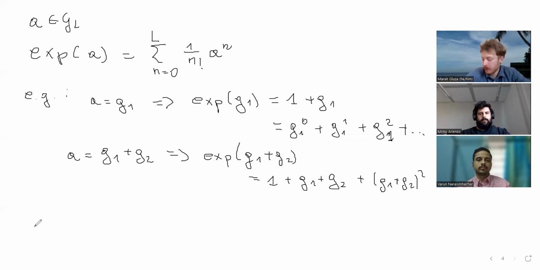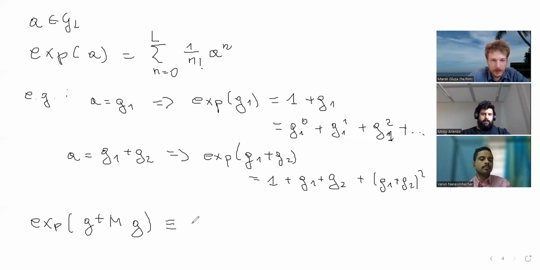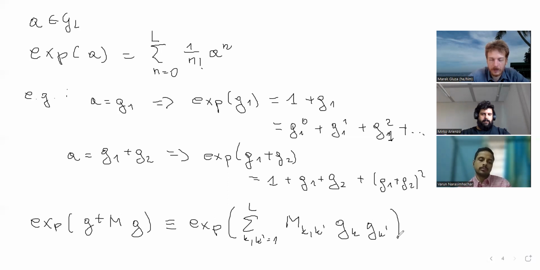Okay, and the most important exponential that we will be dealing with today will be an exponential of a quadratic form, where what I mean by this expression is that I just sum over k prime from 1 until L, and then I have the matrix elements of k prime, and then I take the Grassmann number g k prime. Okay, so we want to look at this one, and what we will actually find is that